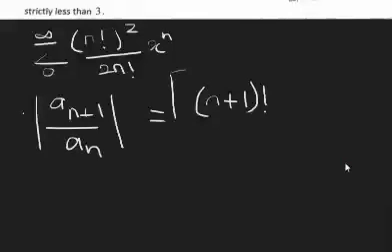From the ratio test, consider the modulus of a_(n+1) over a_n, which is the same as (n+1) factorial, everything squared, divided by (2n+2) factorial,